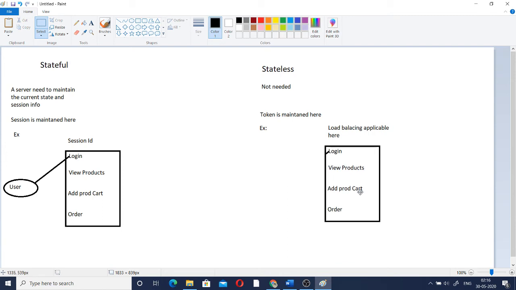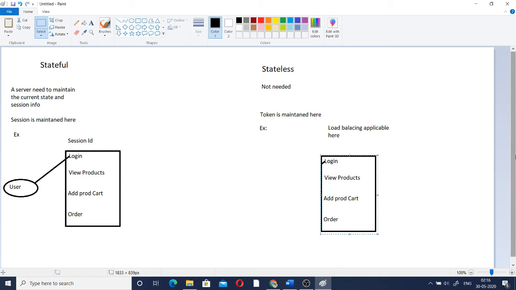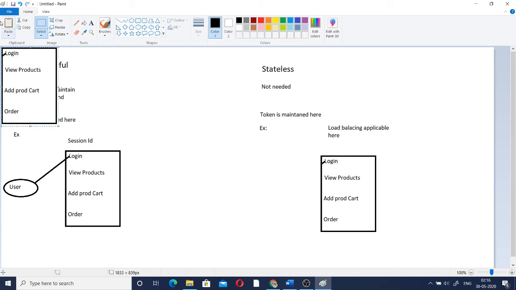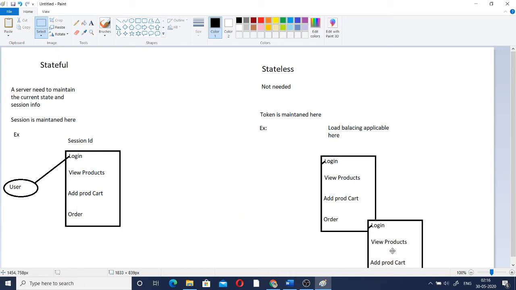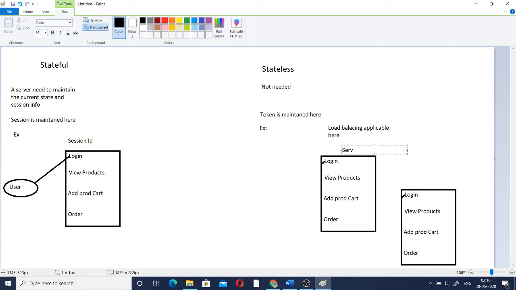Same shopping portal. So this is server 1 and this is server 2.